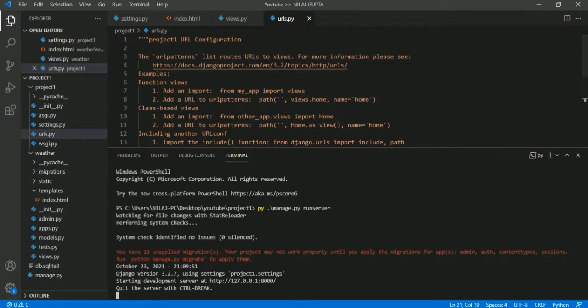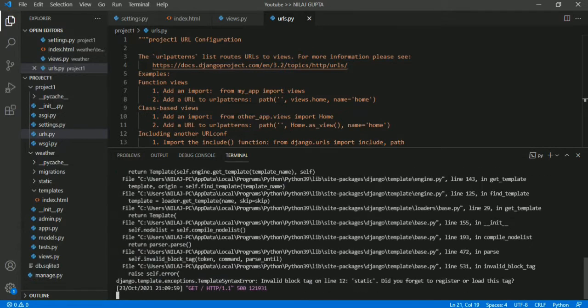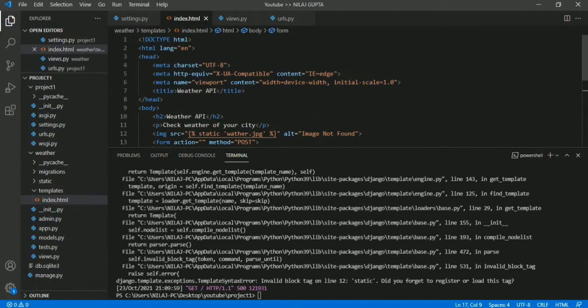See, the server has started on localhost at port 8000. I will control plus click to open that. Oh, we forgot to add the load static tag, so I will do that.